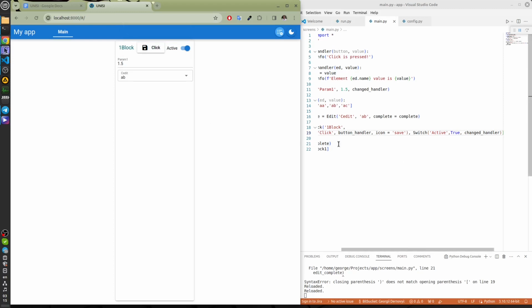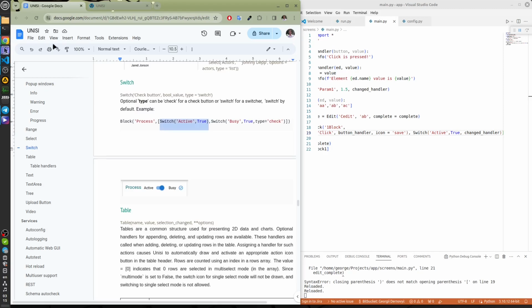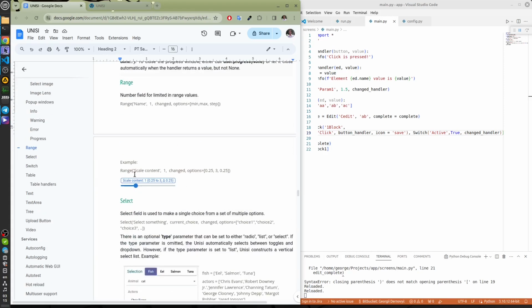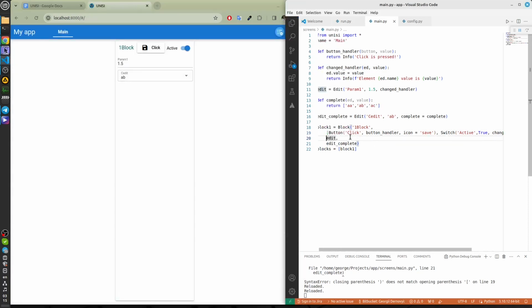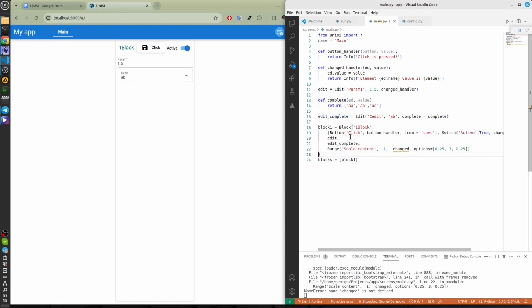Let's look at the range element. It is designed to edit numbers with minimum, maximum, and step. Let's copy it and add it to our block. Changed is not defined.